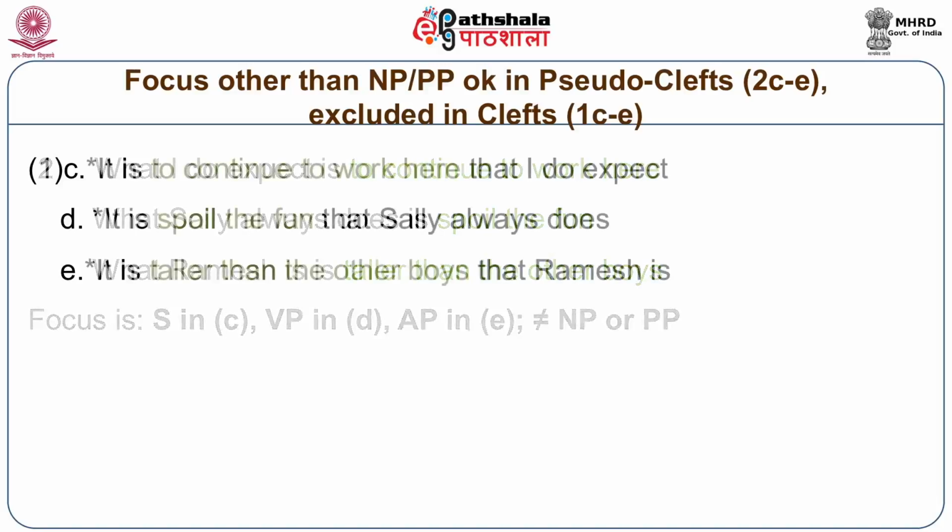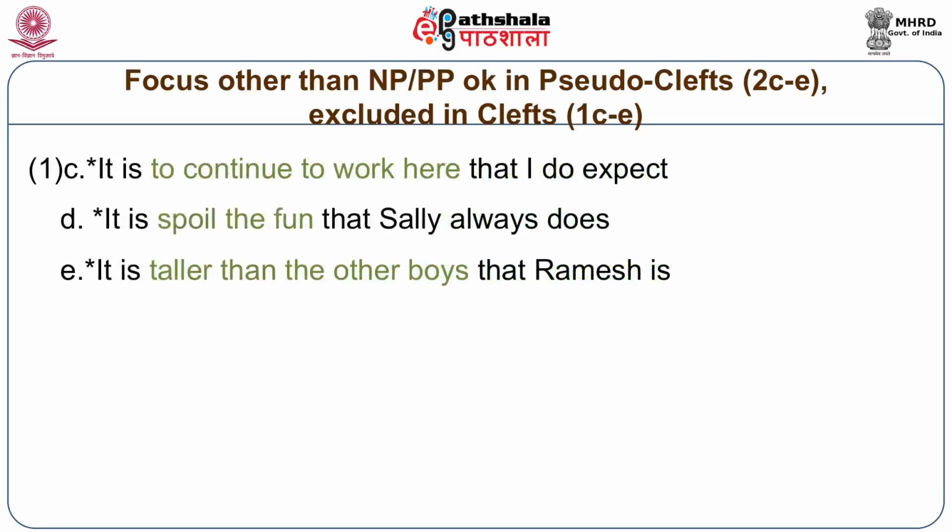Now let us go to the examples that show you what is possible in a cleft construction. Remember that NP is possible. It is the problem of diagnosis that you must consider. Now 1b shows you can also get a PP. It is in the big hall that we shall meet your father. Focus in the big hall, prepositional phrase. However, VP, AP, S are impossible.